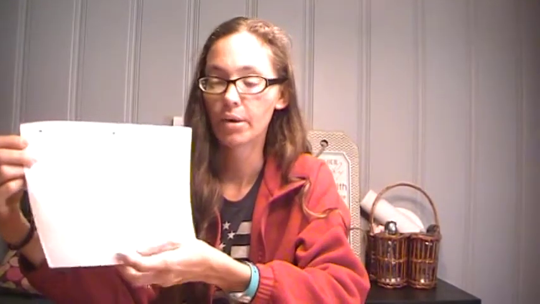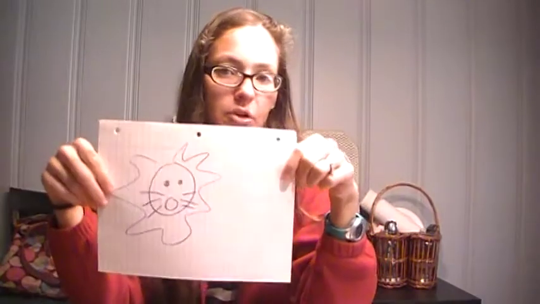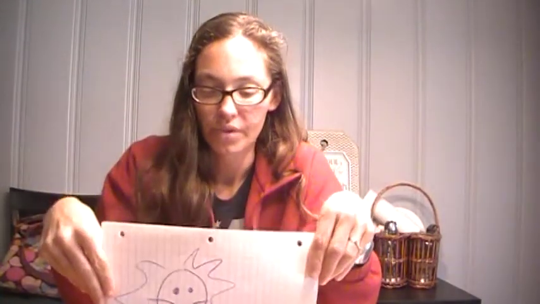Another component of writing down your emotions or sharing your emotions is having them draw what those emotions look like. What does it look like when you are mad? And so maybe they may draw a lion, because lions are big and they like to yell, and so maybe they'll draw a lion for their emotions, or maybe they'll draw a turtle,